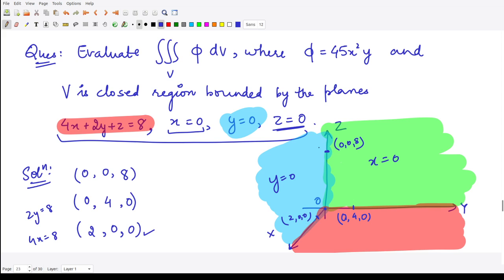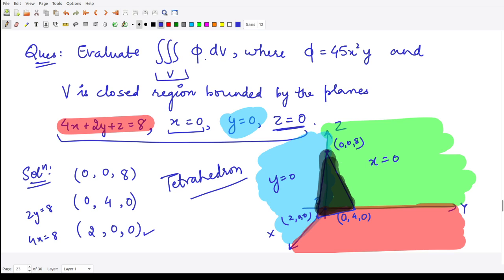So a plane which passes through these 3 points, say this and this. Let me shade this plane also. So we have this, right? So this is our area, this is the volume which is marked between these blue, green, red and black planes. So this is the shape of a tetrahedron. So this is the volume which we wanted to calculate, so we are to take the limits according to this particular region.